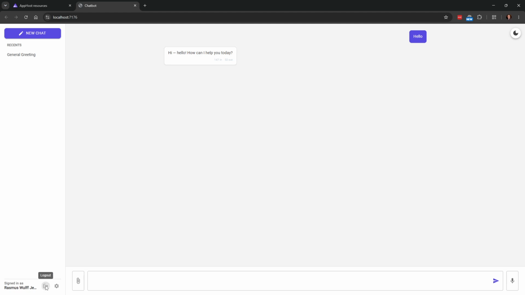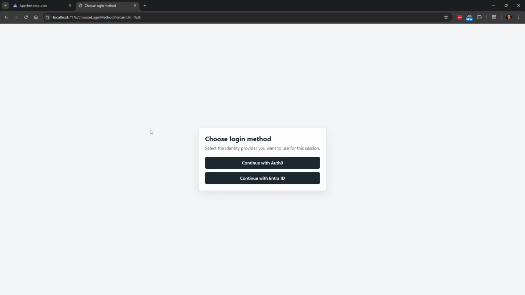Right now I'm logged in, but I can log out. And because I have both enabled, I've made this little screen in order to log in with either Auth0 or Entra ID. Because at some point I plan to actually host this chatbot so you can try it out using some more data.